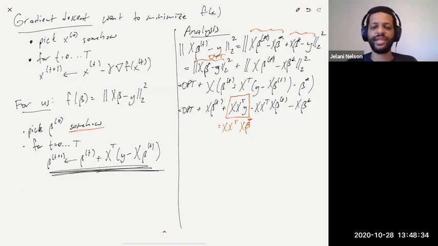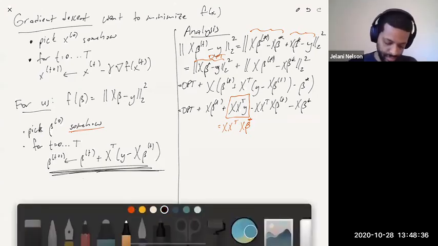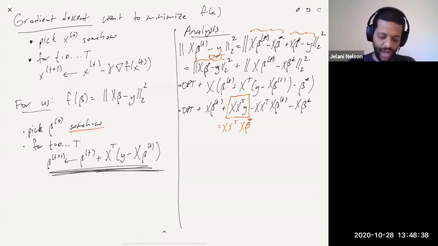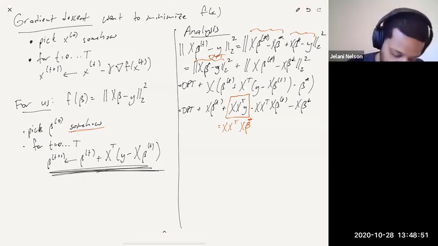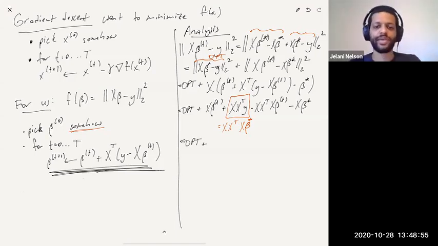So these two things are actually equal. X beta star and y have the same exact dot products. X beta star is not equal to y. X beta star is equal to the projection of y onto the column space of x. Therefore, dot products with the columns of x are the same for both. So then I can rewrite this thing as opt plus,